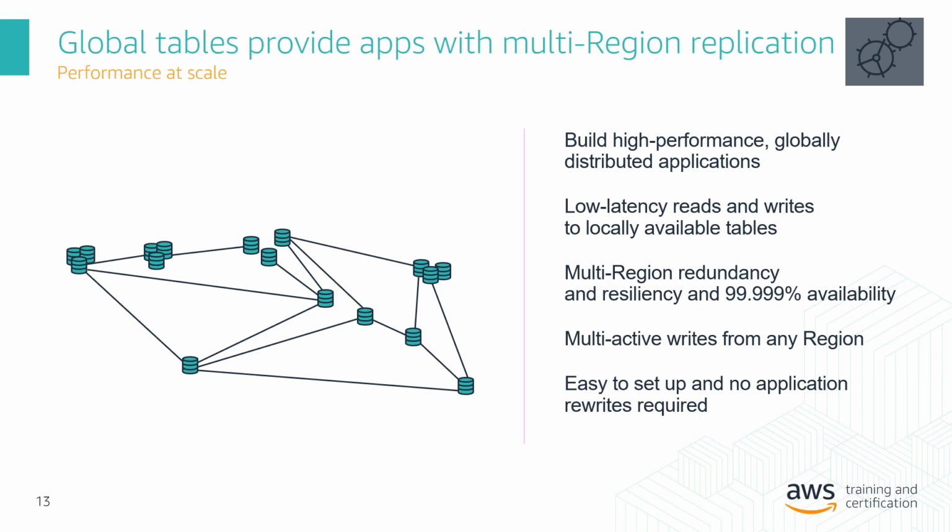So if you think about one of the use cases I mentioned previously, massively online gaming. In that case, you have players all over the world. You have to make sure that your backend will be able to handle that scenario, making sure that wherever your users are, you will be able to consolidate information in nearly real time. And in that case, global tables will replicate your DynamoDB tables automatically across your choice of AWS regions. That could be, why not, the 25 regions, but maybe only the regions where you have users, players.